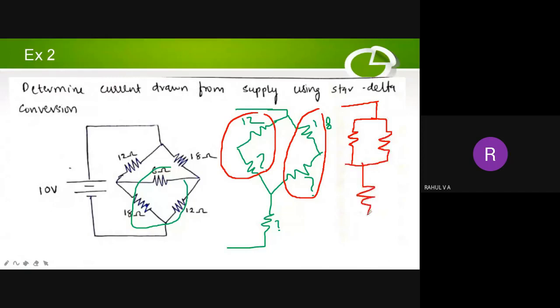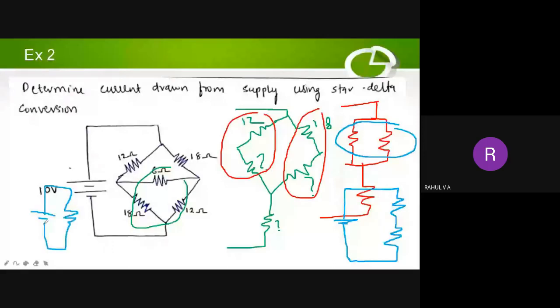Then if I look into this diagram, these two resistors are parallel. I can again simplify that. Then I will get a single resistor. So the new diagram is like this now. Now if you look at that connection, two resistors are in series. So I can add both the two resistors and I will get a final single resistor. That single resistor value will be calculated and there is a voltage source of 10 volt. So if you divide this voltage source with that resistance, you will be getting the current value.